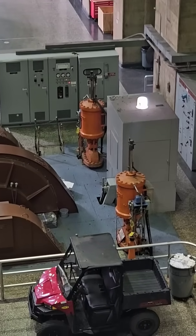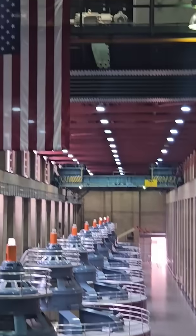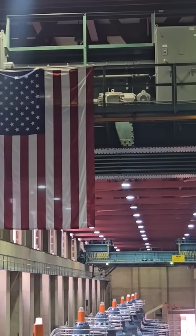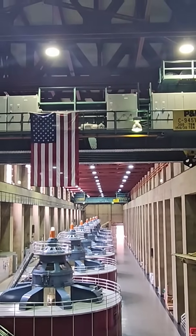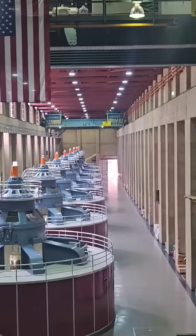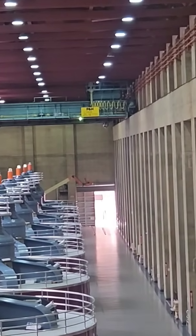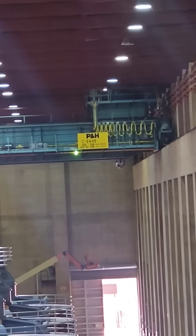Now if you bring your eyes up to where you see our American flag proudly displayed, our flag is hanging from a green P&H bridge crane. We have 2 of these cranes, the one with our flag and the other crane is towards the end of the bay. These cranes can travel the whole length of this room on these tracks you see on the powerhouse walls. So each crane is